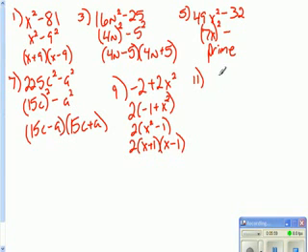Number 11. We got 6 minus 54a squared. I can't take a square root of both these, but I can divide a 6 out of both of those. So I could leave that as 6 outside. And I'm going to put this in the other order while I do this. And I would get negative 9 a squared